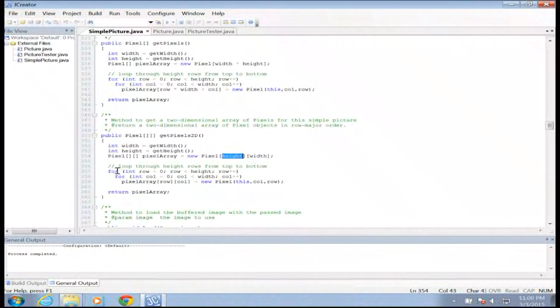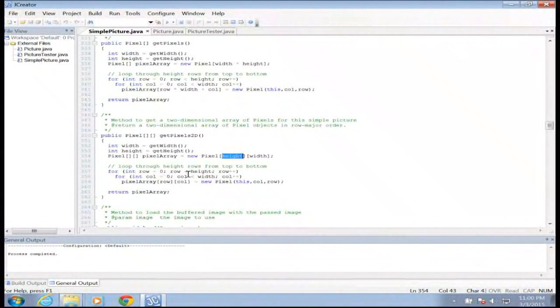And so we loop through. We've got row = 0, row < height, row++, col = 0, col < width, col++,